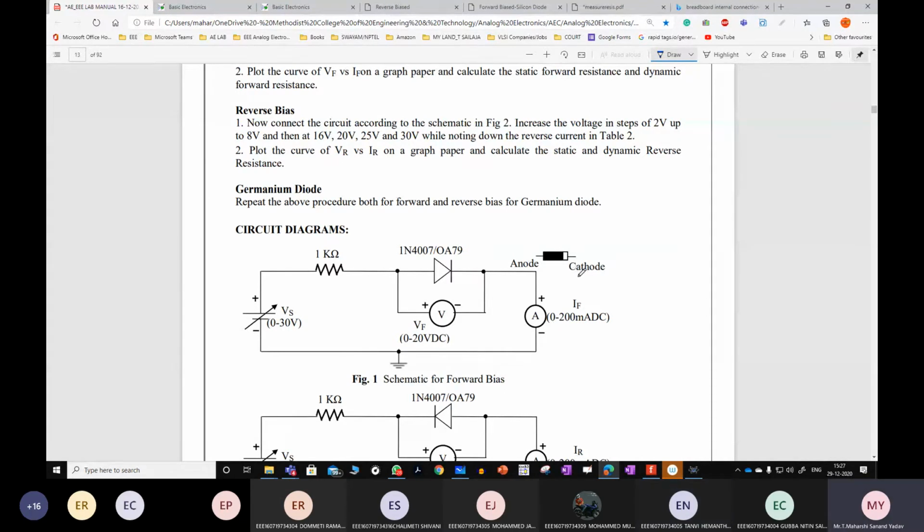Generally the person who comes to take the viva will be from other colleges, so first he will concentrate more on the theoretical part. He will ask questions based on theory, like what is the working of this diode, and why this voltmeter is connected across the diode, why not in series. So you need to be perfect with that concept. And what is the difference between this ammeter and voltmeter.